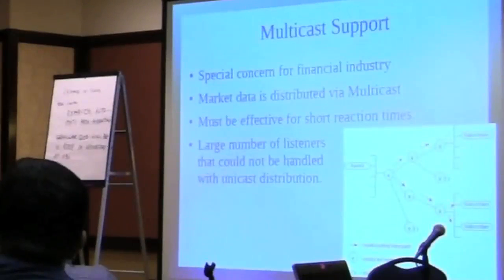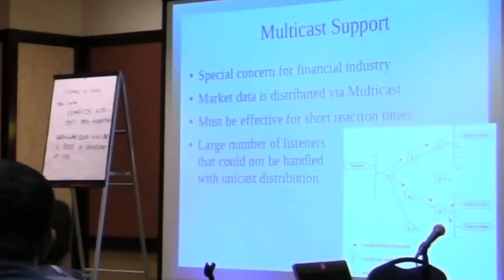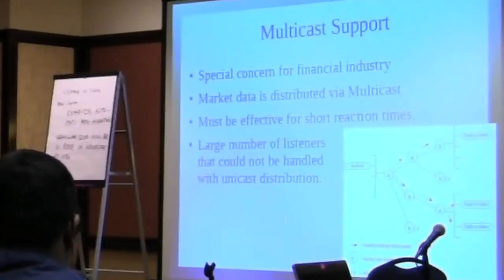So that works well if you lose one or two packets. Let's say one of your switches goes on the fritz and the firmware writer or the designer of the ASIC just thought, okay, I can just toss this packet. Packet gets tossed at the top. Now there are 1,000 clients down there that are missing a packet. 1,000 requests go back to the exchange. The exchange will go down. You can't do this. So there is a key point here that we need to make sure that the unreliable datagrams must be reliable, at least at the switch level. At the host level, we can tolerate that, but the higher you go, the more reliability is an issue.